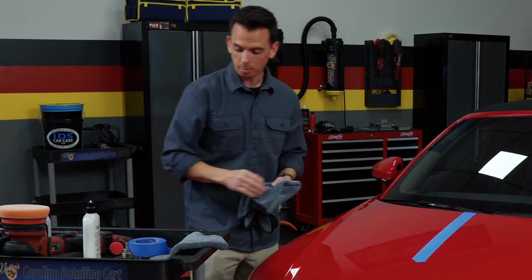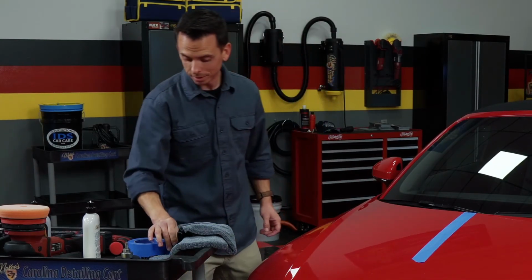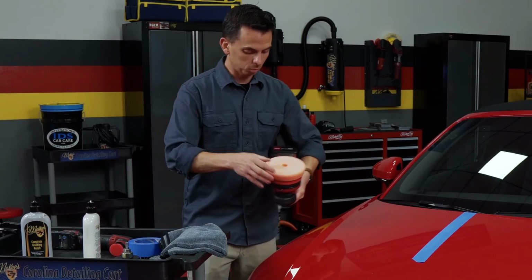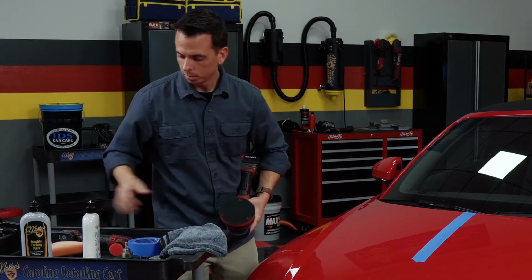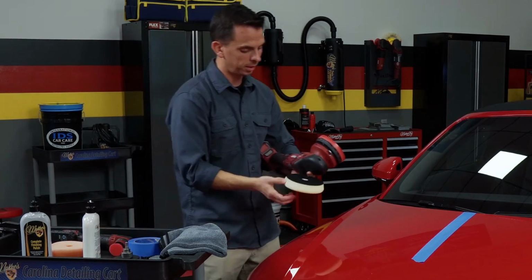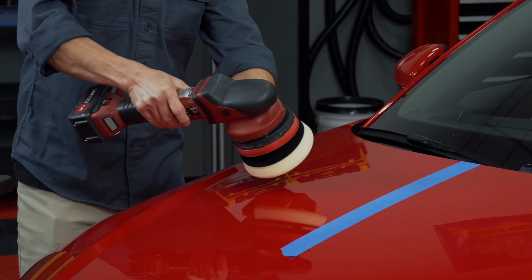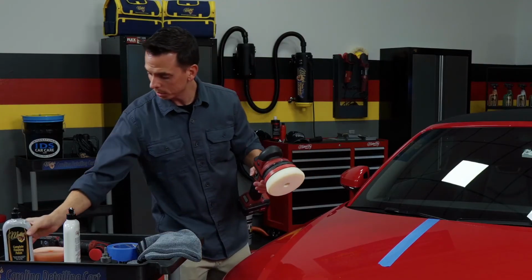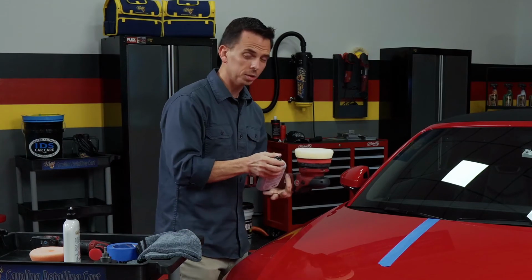And right off the bat, the paint looks a lot better already. The next step is to take the gloss from an 8 to a 10. And for that, we're going to switch foam pads from a cutting pad to a polishing pad. And the difference is that this pad is less abrasive. And I'm going to put the pad on the tool, making sure it's centered on the backing plate. And I'm going to take what we call a finishing polish. A finishing polish is less abrasive,